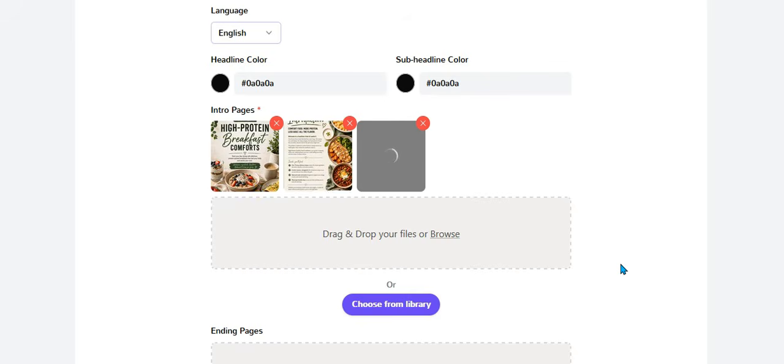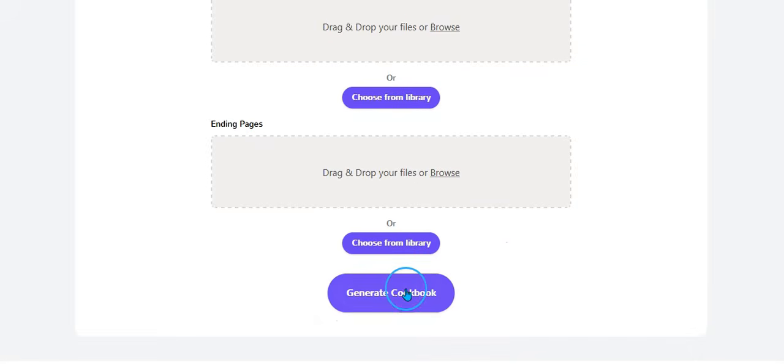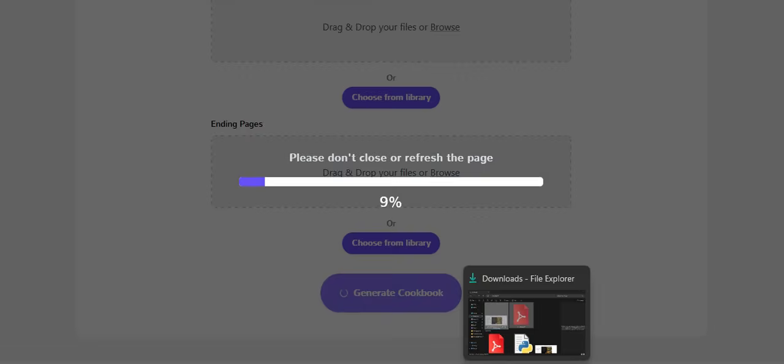And as I say, I've already created this, but I'm just giving you a demonstration on how to do it. So then you generate the cookbook. So that's the first section. Then you go back,